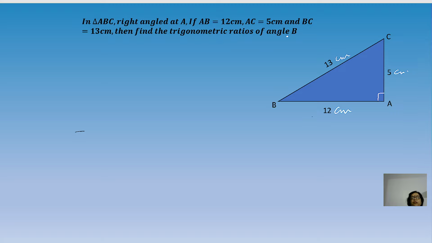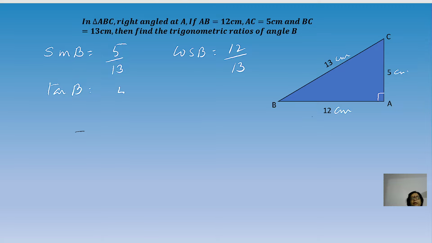We have to find the trigonometric ratios of angle B. So for angle B, sine B will be equal to 5 upon 13, that is AC upon BC. Then cos B will be equal to 12 upon 13, and tan B will be equal to